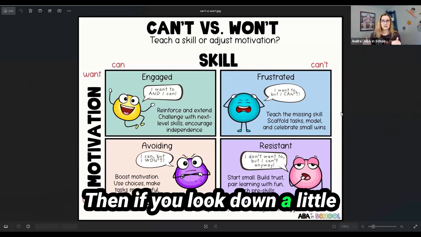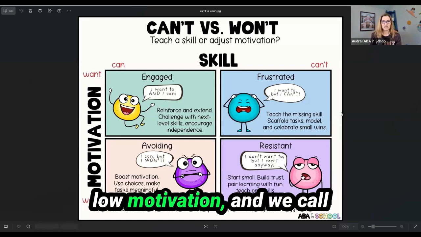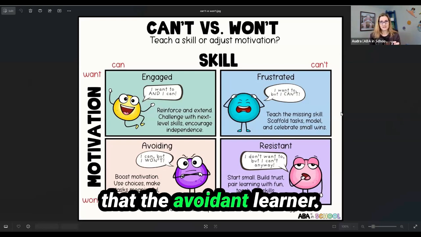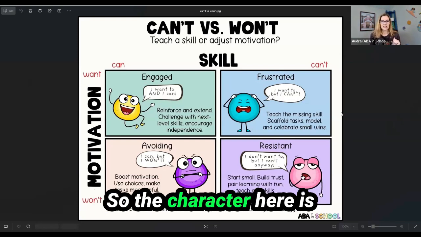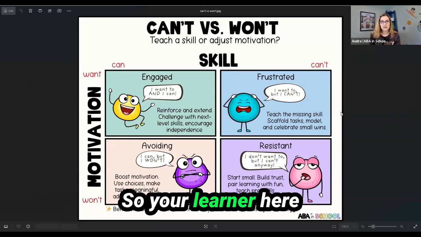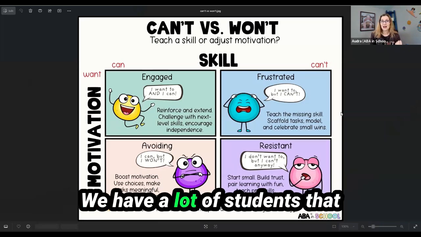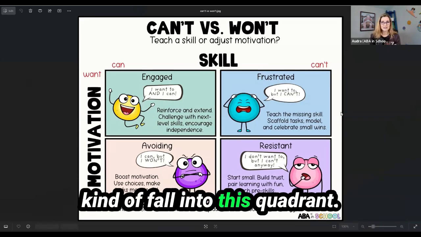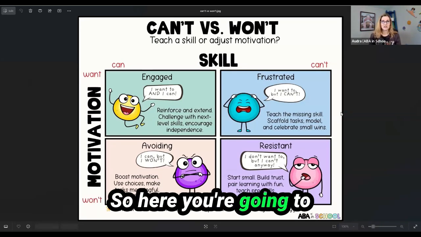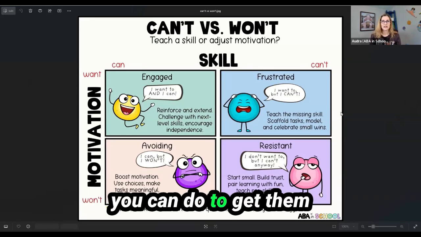Then if you look down a little bit into the next quadrants, you have a high skill but low motivation, and we call that the avoidant learner. So the character here is saying, I can, but I won't. So your learner here can do it, but they're not motivated. We have a lot of students that kind of fall into this quadrant. So here you're going to increase your motivation, internal, external, whatever you can do to get them motivated to